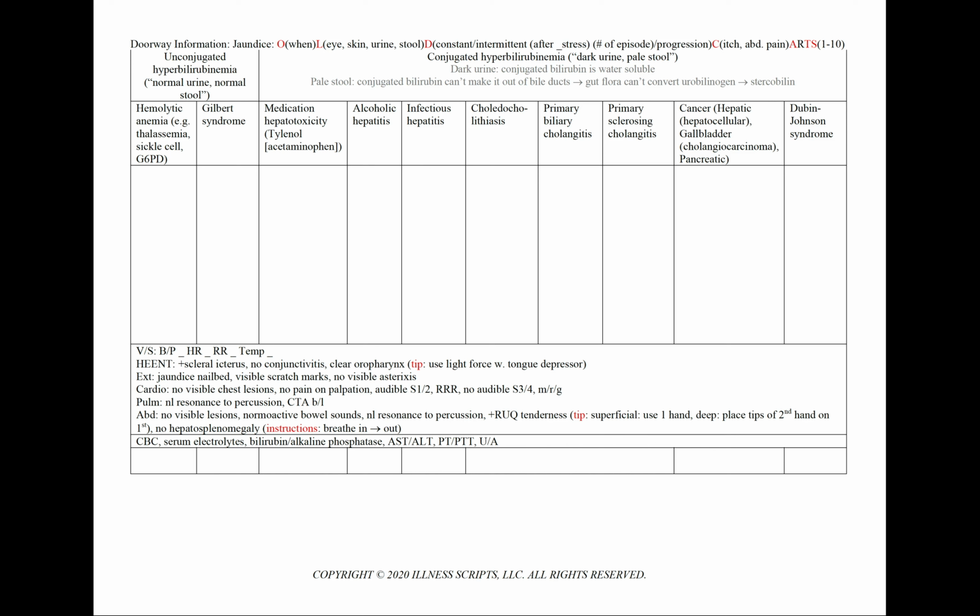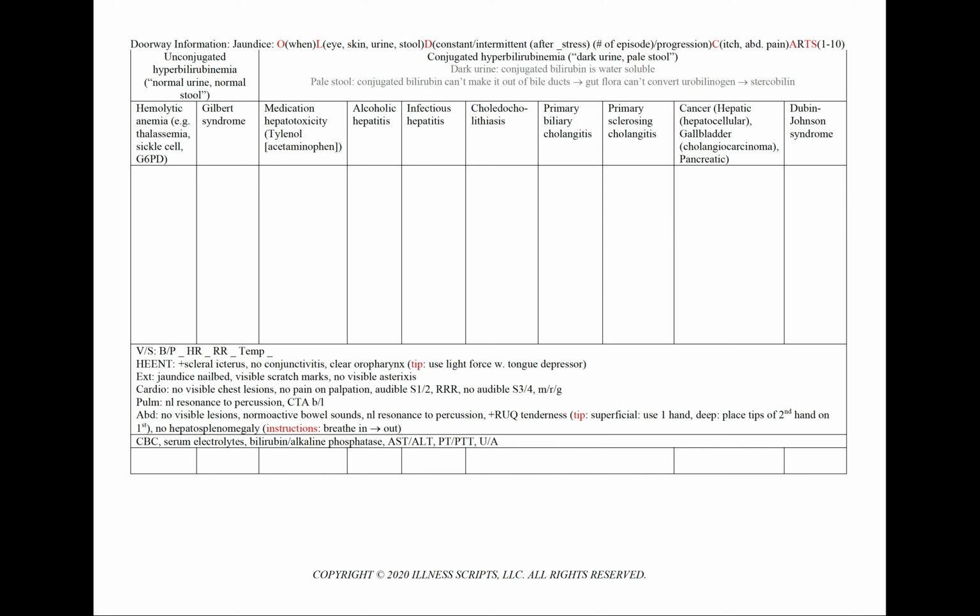that we asked. To help characterize a jaundice, we want to know if there's been any itching or associated abdominal pain, aggravating and alleviating factors, treatments tried, and severity on a scale of 1 to 10. We'll divide our case of jaundice into unconjugated and conjugated hyperbilirubinemia. Unconjugated having a normal urine and normal stool, and a conjugated having a positive change in urine and stool in